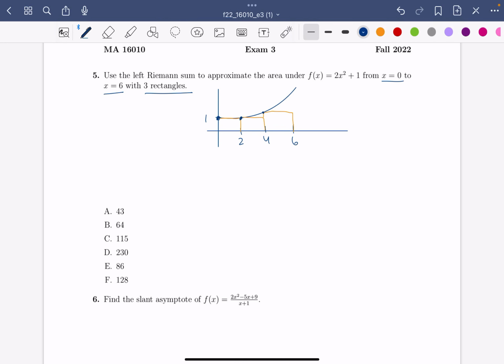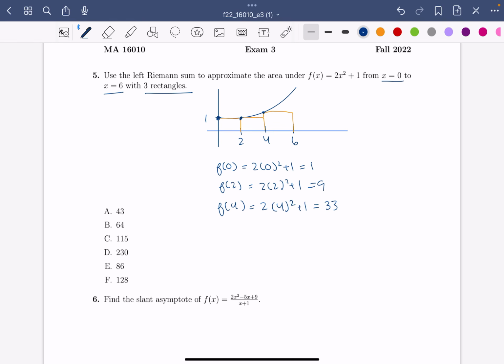So I'm going to put in f of 0 equals 2 times 0 squared plus 1, or 1. And then we're going to find it at f of 2. F of 2 equals 2 times 2 squared plus 1, which equals 9. And then this last point right here for 4 is f of 4, so equals 2 times 4 squared plus 1 equals